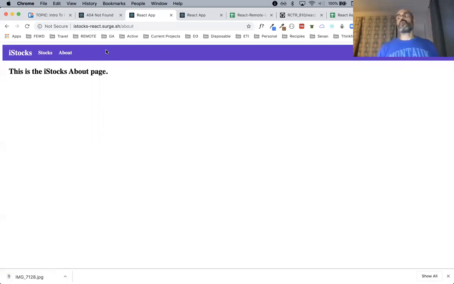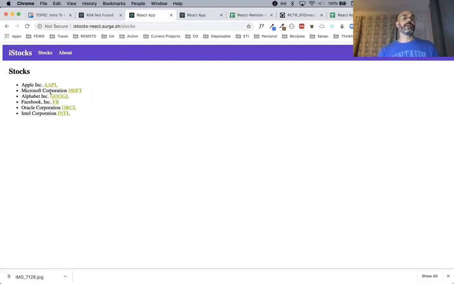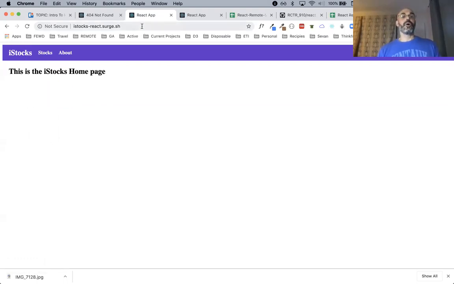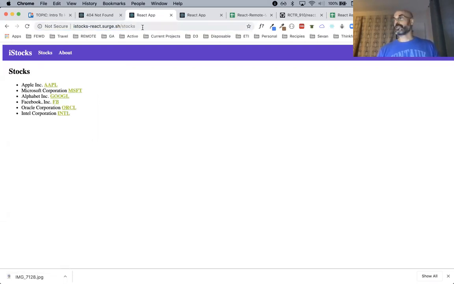Users now don't want to see the page refresh. It's a bad UX experience. We just want to see as many things stay consistent and only the things change that need to change. And that's where React routing comes in. That's its strong point, is that it allows us to only change this content in here and not touch this nav. By going to stocks, I only see this. If I go to one stock, I can filter it. What you'll see is that the URL is changing. So here's the URL. If I go to stocks, it changes to stocks.